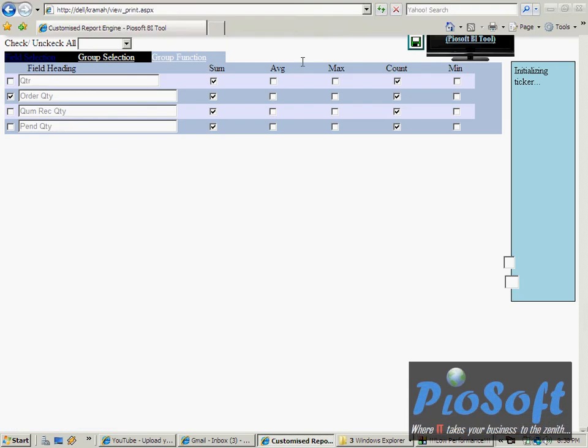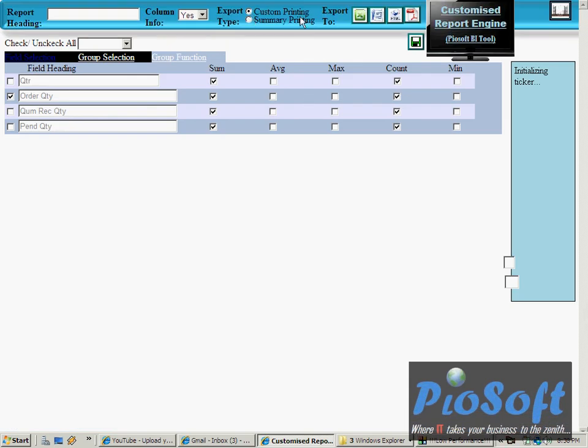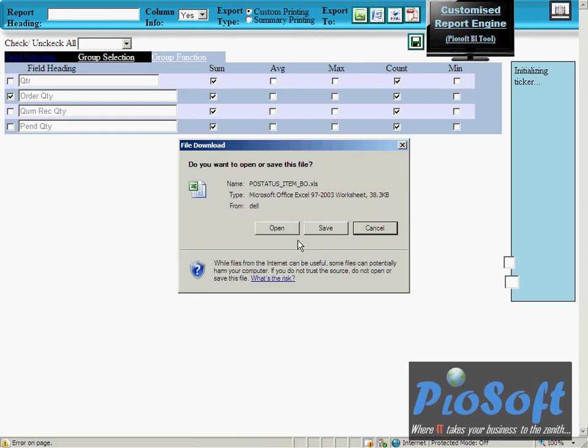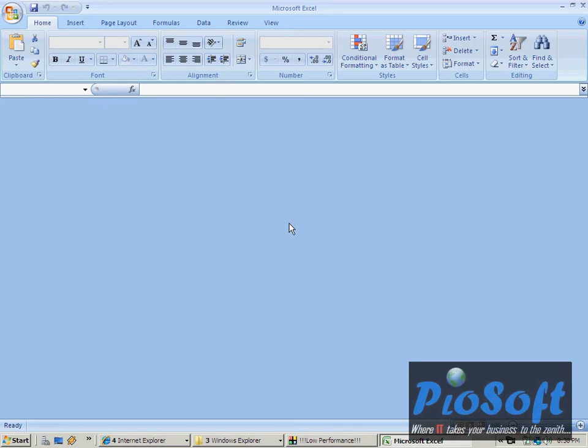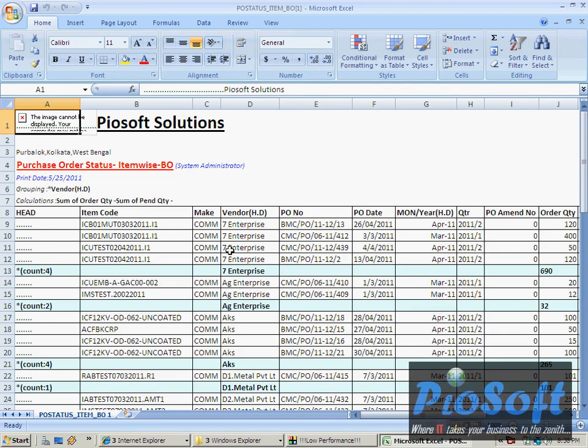If I see the custom printing of the same options, let us see how the report looks like. Now we can see the detailed information. As I told you, there are total 4 records for this particular vendor.